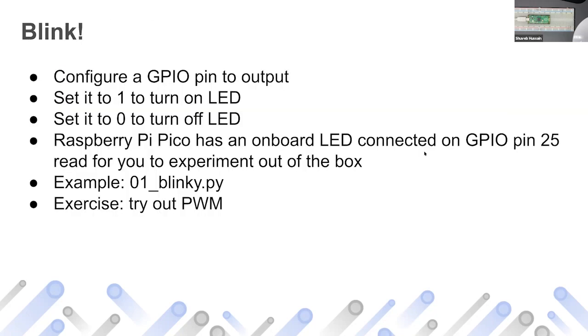The first thing we'll do is the hello world of embedded programming. We simply configure a GPIO. GPIO is general purpose input output. It can be any pin, and it can be used for input or output. We will set it to output because we are sending current out, because we want to glow an LED. It's very simple because it's all digital. If you set a GPIO pin to 1, you glow the LED. If you set the GPIO pin to 0, you turn off the LED. It's as simple as that.